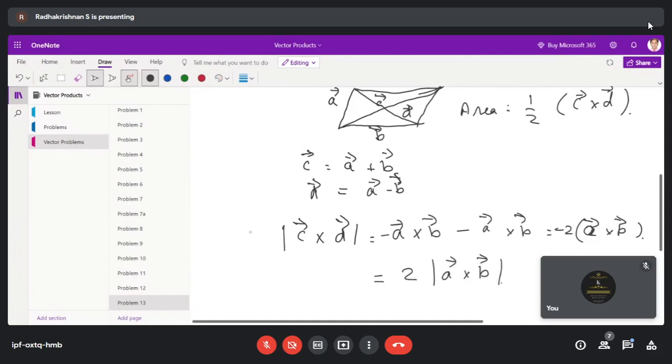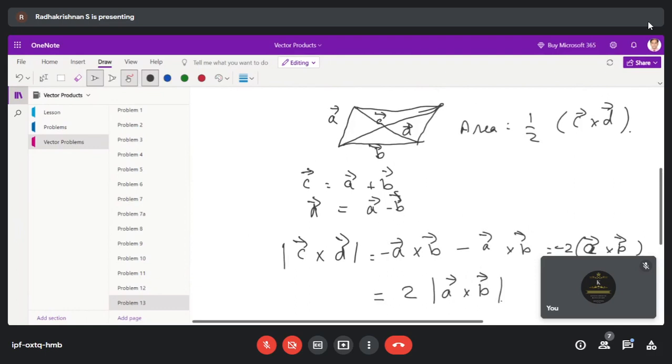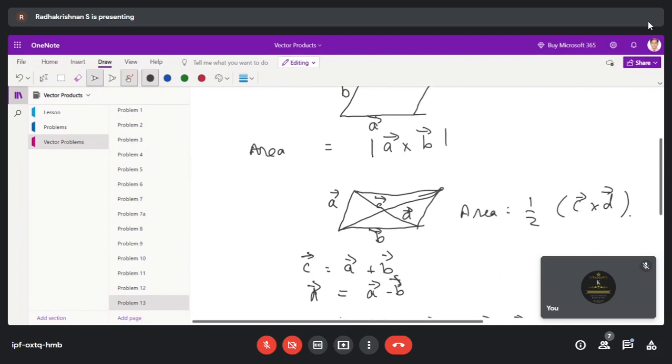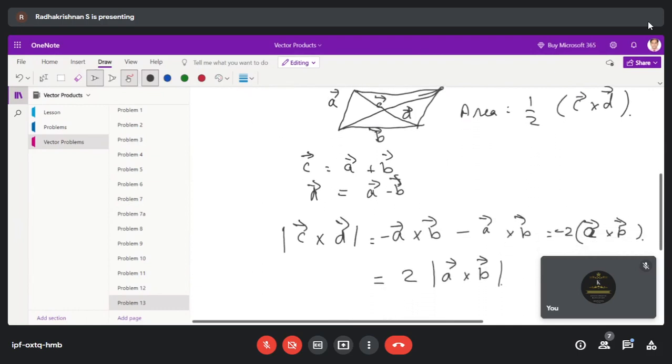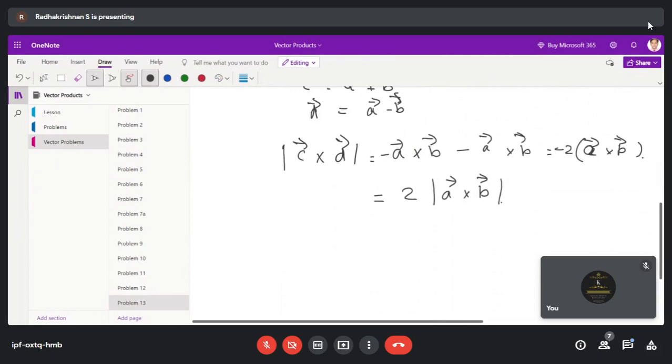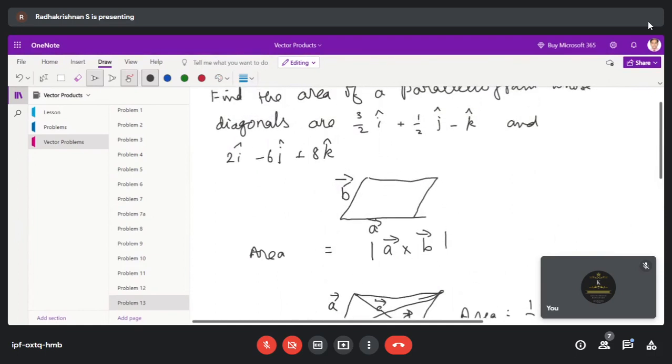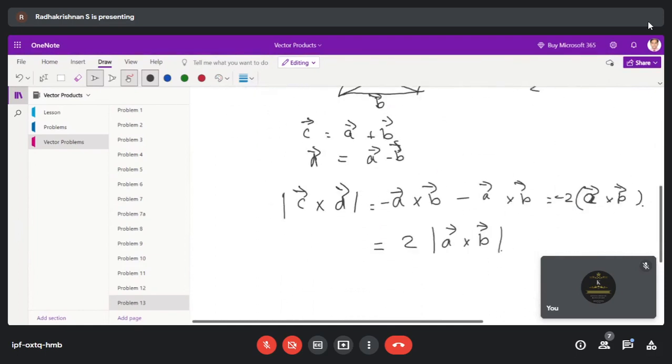So this we have to remember. Instead of writing the magnitude of A cross B, we can write half of C cross D based on this derivation. Since the two diagonals are given, we can simply determine the area as half of